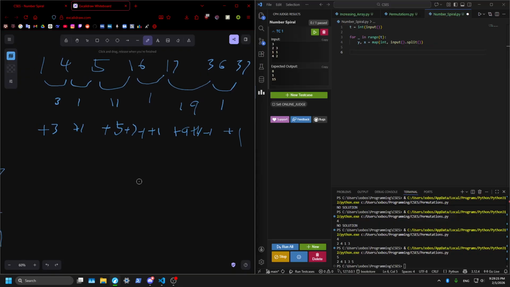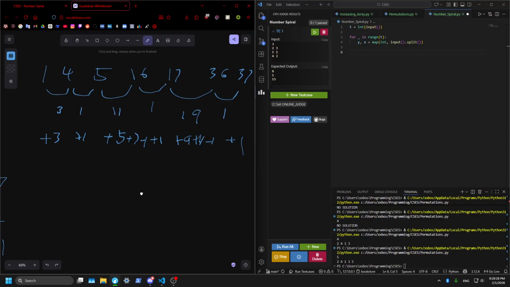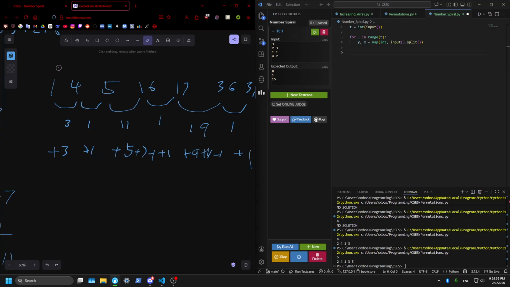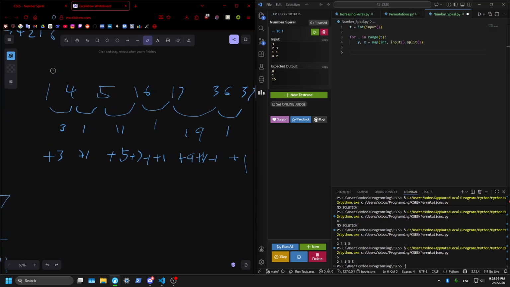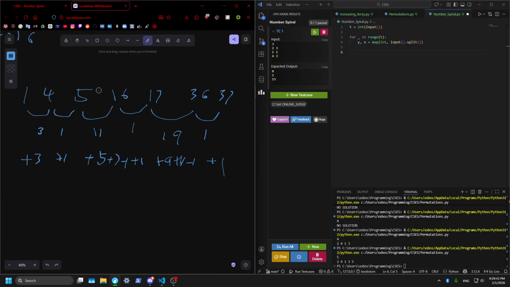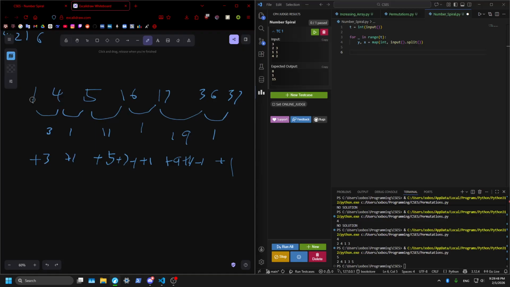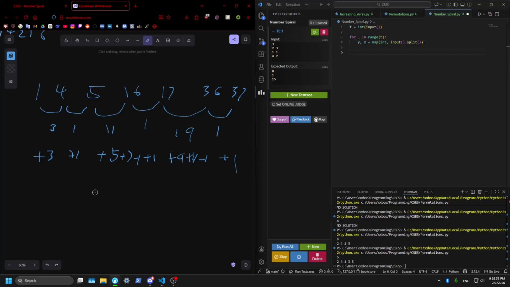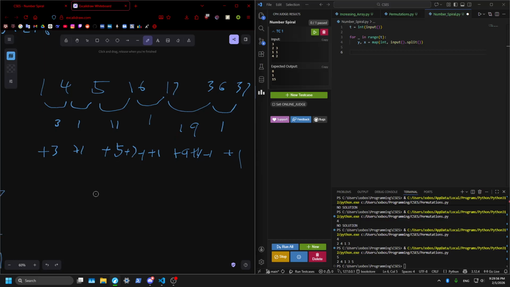It's every two numbers we have a plus 1. It's 1, 4 plus 1. 16, 17. Wait. No? Plus 3 plus 1. It's every other number. We have a plus 1. Odd. So on evens we have plus 1. So if y is even,